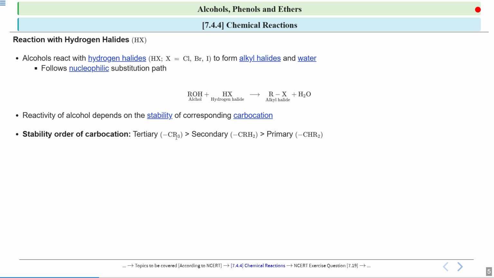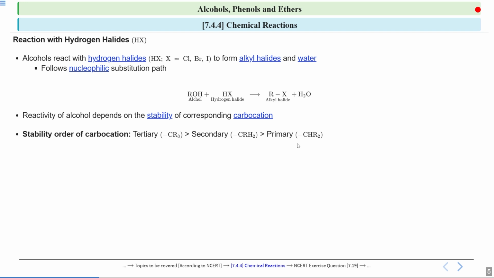So 3 alkyl groups are donating electron density to that carbocation, because if you look at that carbocation, it is electron deficient. So in tertiary, there are 3 alkyl groups that are donating, because alkyl groups are electron donating groups. So they will donate electron density to that carbon. Since there are 3 alkyl groups, it will help spread the positive charge, which will make your carbocation more stable. So tertiary carbocation is more stable, and in primary there is only 1 alkyl group